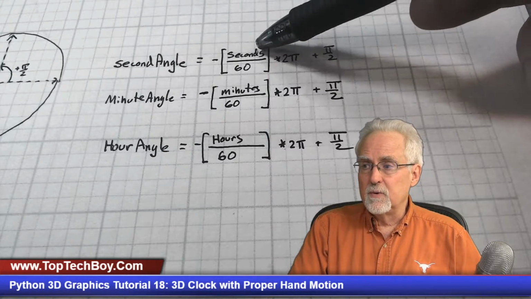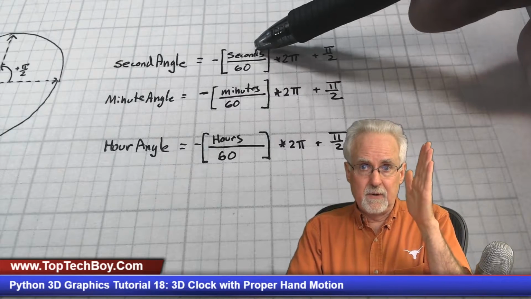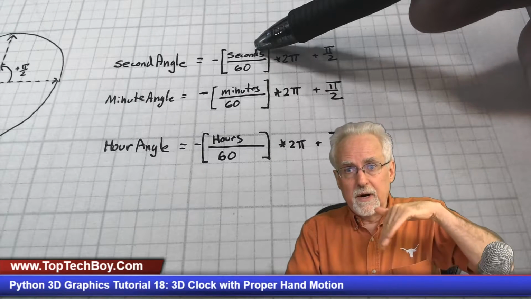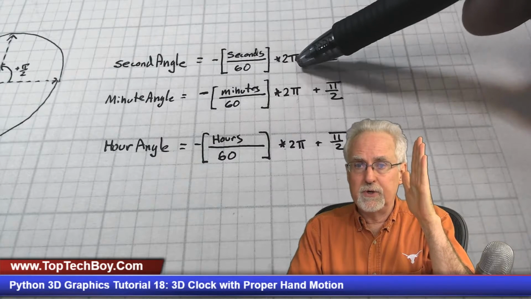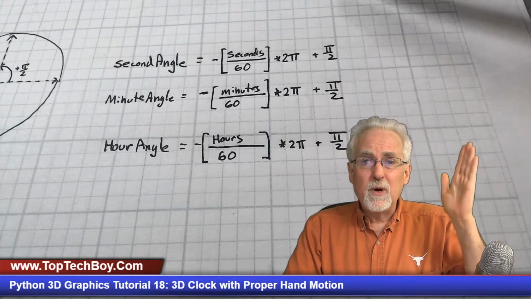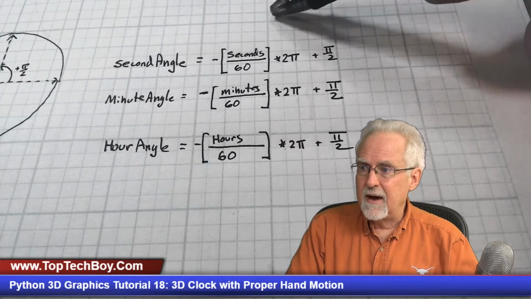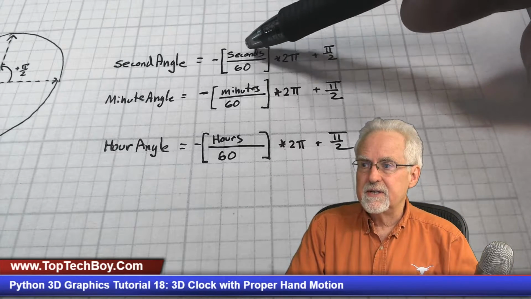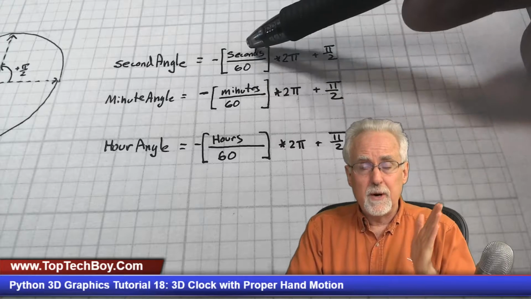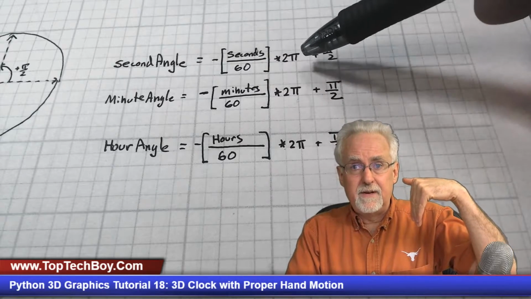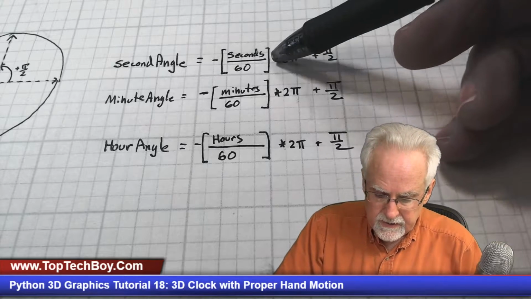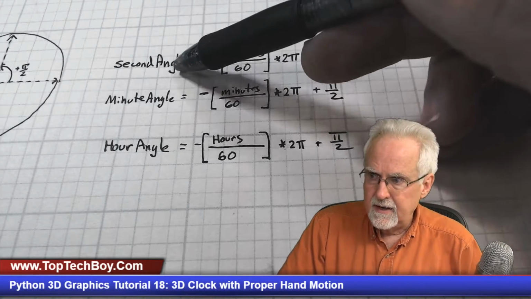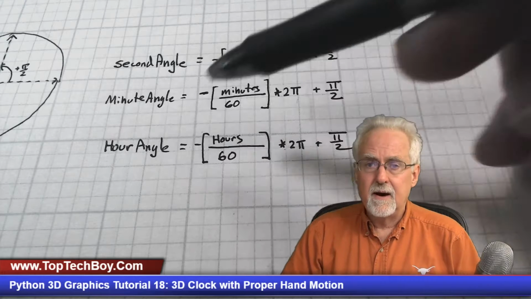So if we were at 0 seconds, we would be at 0 angle. If we were at 60 seconds, we would be all the way back to 2 pi, which would be straight up. But what if we were halfway around? Well, that would be 30 seconds divided by 60, and that's 0.5, and then 0.5 times 2 pi would put us halfway around. So this little neat thing for the second angle, the minute angle, and the hour angle